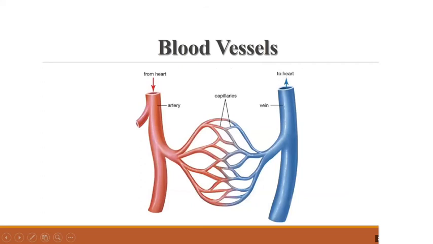Now we're going to talk about blood vessels. There are 3 types of blood vessels: arteries, veins, and capillaries. Arteries carry oxygen-rich blood, which means that the red blood cells have a lot of oxygen in them. And veins carry oxygen-poor blood, which contains red blood cells without a lot of oxygen. Or you might say carbon dioxide-rich blood, because that is the waste product of the cells that they're going to